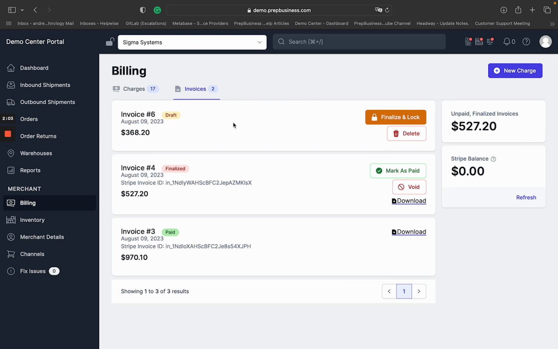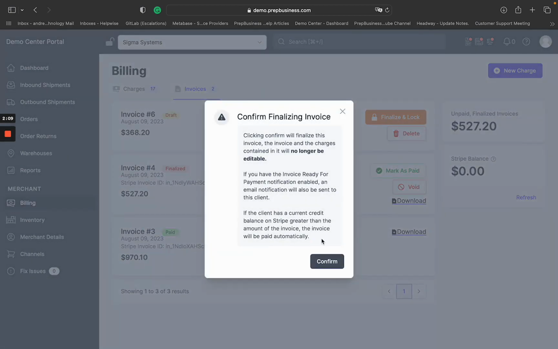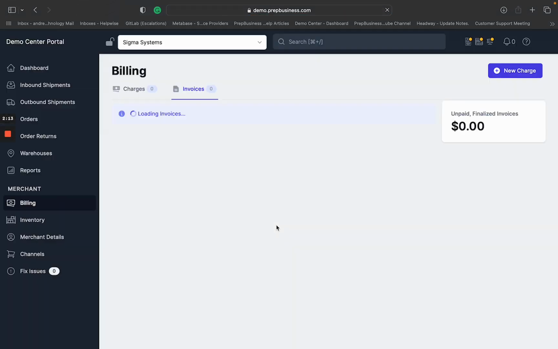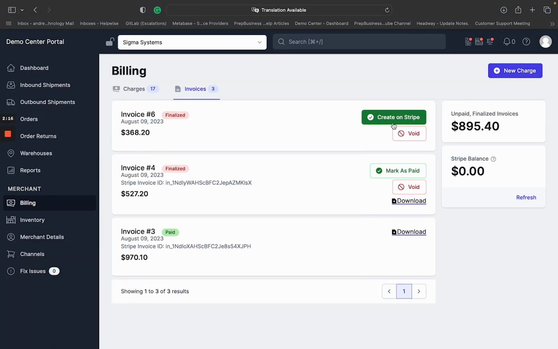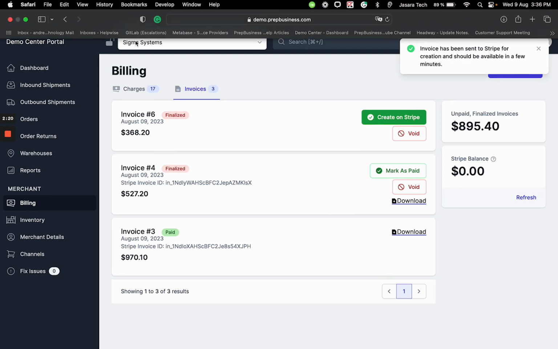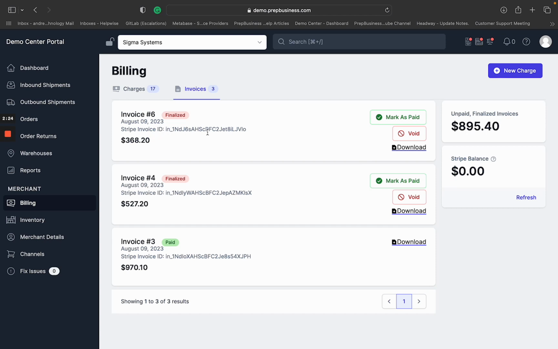Now, if you want to make sure that you process the payment as soon as you finalize and lock the invoice, you can click here and confirm that you want to charge your client. Just refresh the page, and you can create this in Stripe and confirm. Once you do that, you will generate a Stripe invoice ID. Following this, please go to your Stripe account and make sure that the invoice will go through the